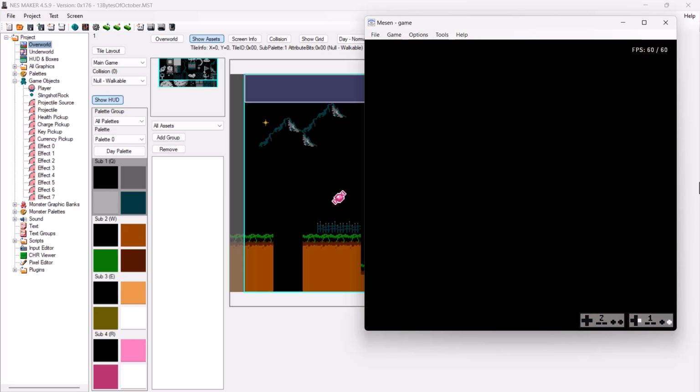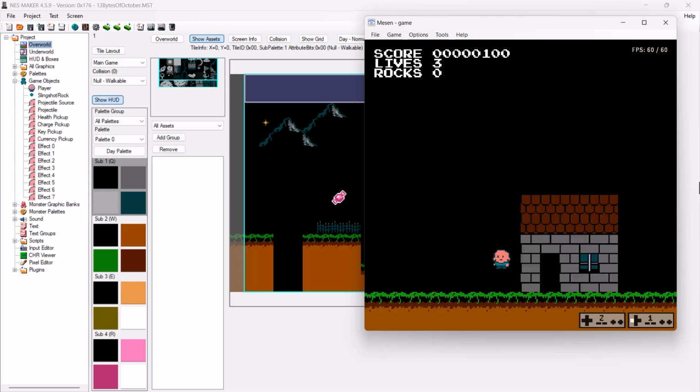It's hard for me to jump over that, which is problematic. So I'd want to make some way that I can get past this house, or I would want to check to see if I'm pressing the up button on that tile type in order to activate the warp. We're not going to do that right now. But what we are going to do is I'm going to get away. One thing I can do is I could make this only like 1 block high, and I'm going to make